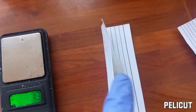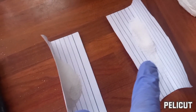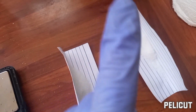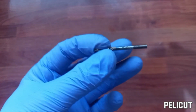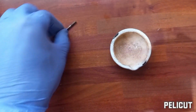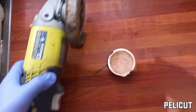So 7 grams KNO3 to 3.5 grams of granulated sugar. We'll mix these up in a moment. Next up, the titanium drill bit. I'm going to grind this down here. I've got a crucible here and a grinder. And what I'm going to do is I'm just going to grind